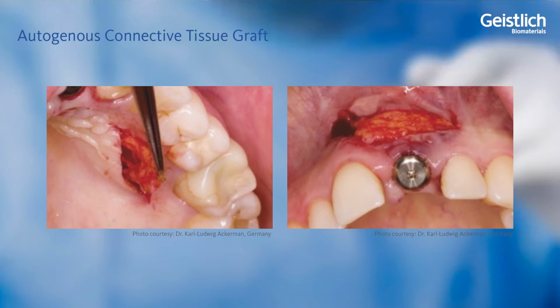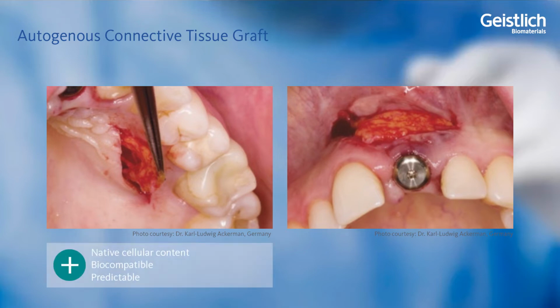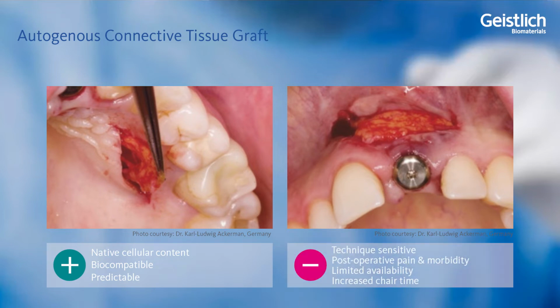The subepithelial connective tissue graft has been widely studied and is considered by most to be the gold standard for soft tissue augmentation. With its own native cellular content and biological substrate for tissue integration, it is the most biocompatible material for grafting procedures. However, it does require a second surgical site, which could lead to increased postoperative pain, bleeding,